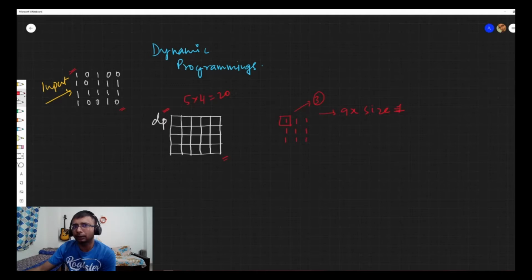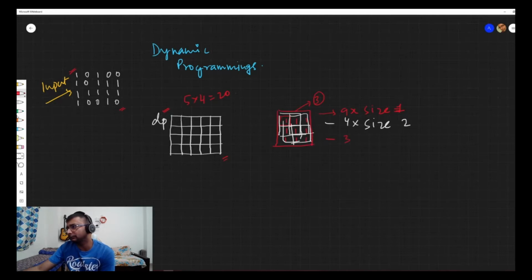And what else can we get? We can get 4 squares of size 2. These are the 4. And we can get a single square of size 3. Sorry, 1 square of size 3. So this is how it is. So when I have an input table like this,